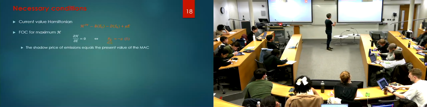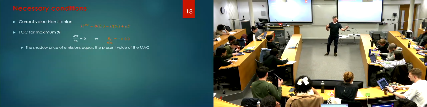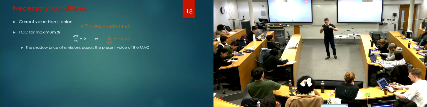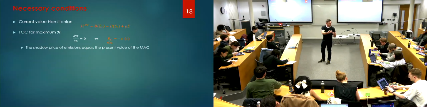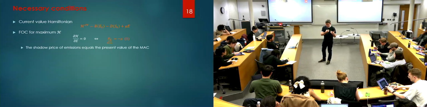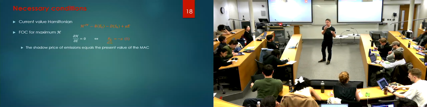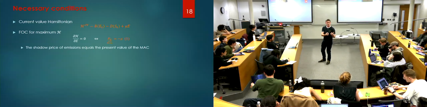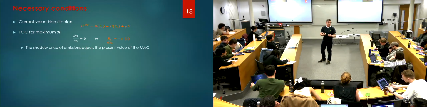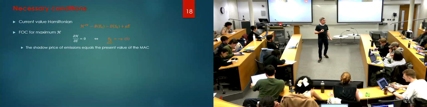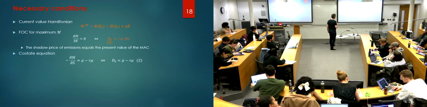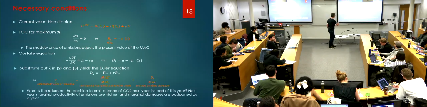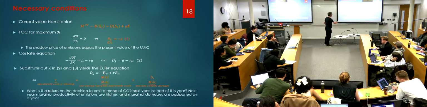The first order condition tells you that the shadow price is the marginal abatement cost. If I start today with 1 ton emitted less in the past, my cumulative emissions are reduced by 1 ton, and my welfare is increased by the marginal abatement cost. Then, the co-state equation,